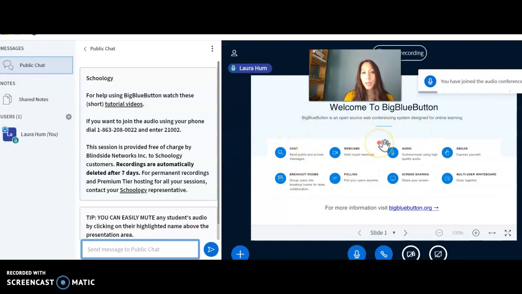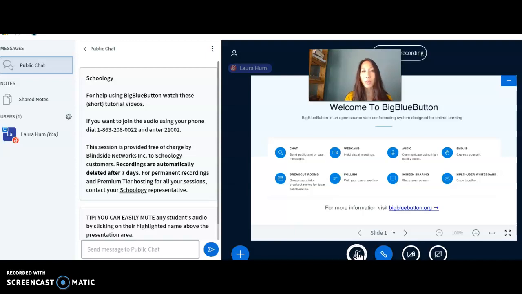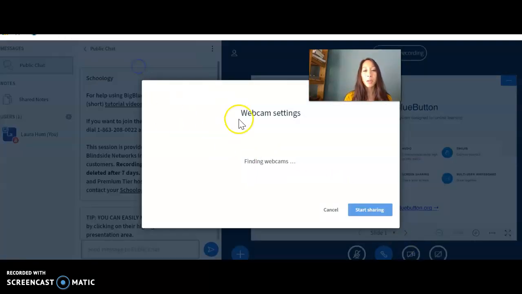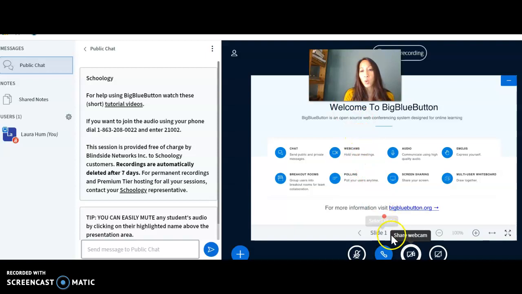No one else is in this conference right now because I'm by myself, but here's the mic to say that you're able to speak. You can mute it to take out any background noise, in case I'm talking and you have something going on, so it's not as distracting, or vice versa. Here is to leave the audio conversation so you can't hear. And here's to turn on the webcam so I can share my camera. And this is to share the screen. So if I am talking to you and I want to show you something on my computer or we're doing an activity together, I can share my computer screen and you can see it, okay?